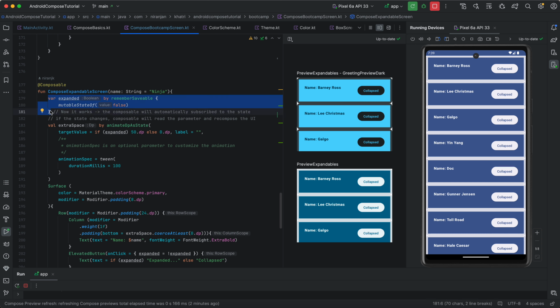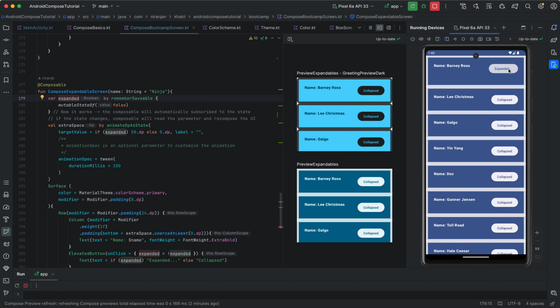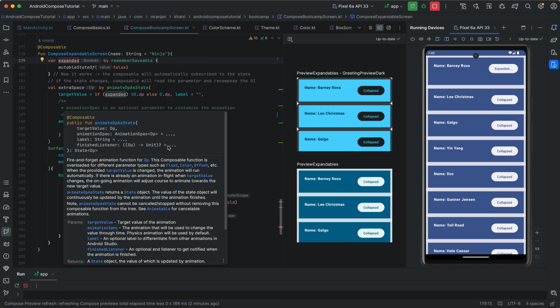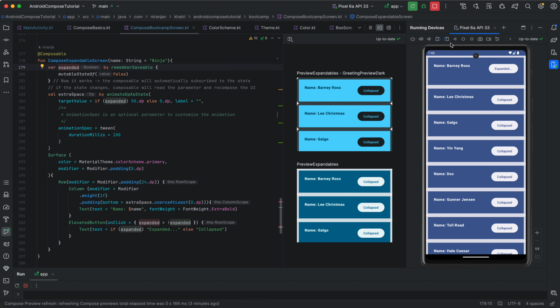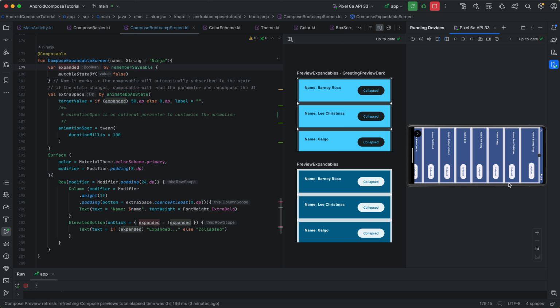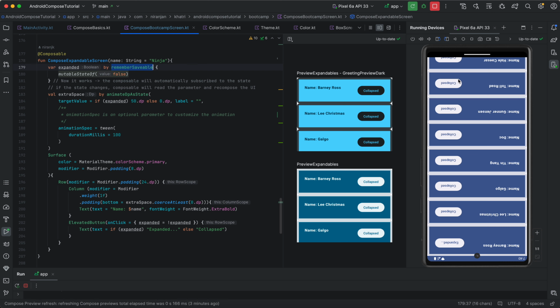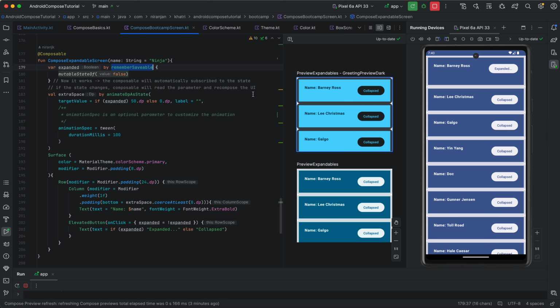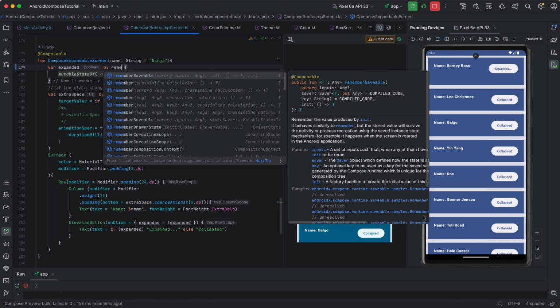This expanded variable holds the state, collapsed or expanded. For example, this is expanded, right? And if I change the configuration, you see, now I'm still using rememberSaveable, but if I just use remember,